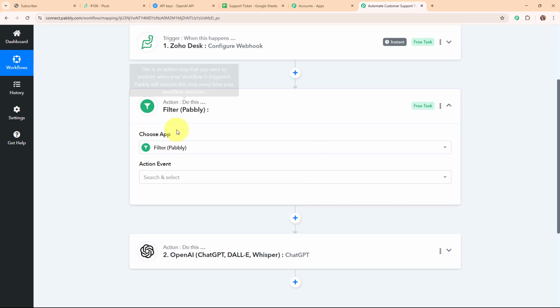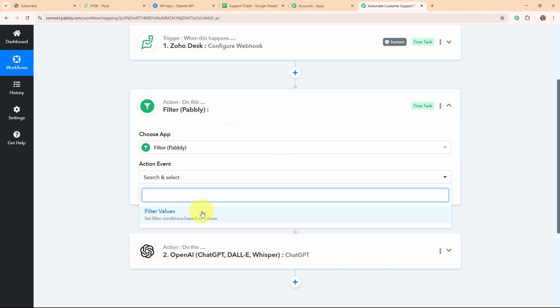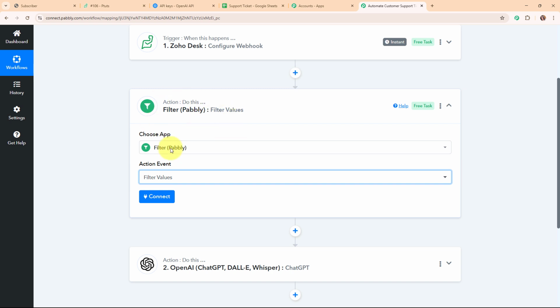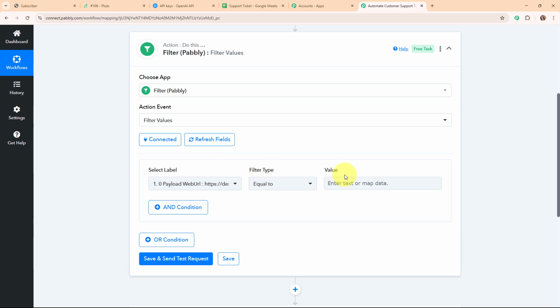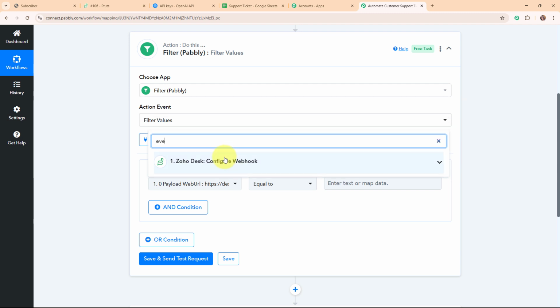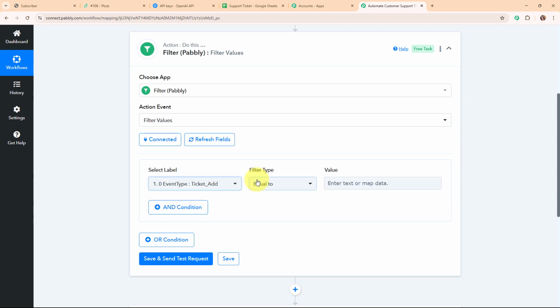Alright, so for that we are going to use a feature by Pabbly, that is Filter by Pabbly, and here in the action event, I'm going to select my event as Filter Values. And now to connect this filter, I'm going to click on Connect, and here you can see it is asking me to select the label, filter type and the value. So for the label, I'm going to select my label as event because I'm going to add the filter on this event type. I want the workflow to run only for the event type as ticket add and not for any other event type such as the contact add or some other event type. So for that I'm going to add this filter on this particular label,